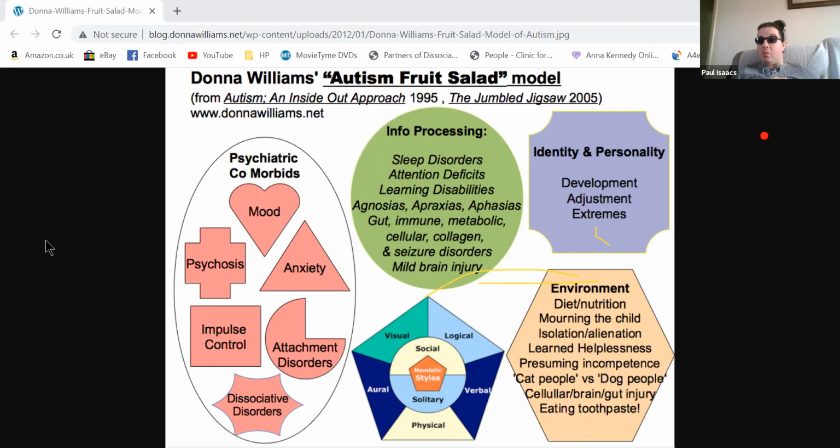Cellular and collagen disorders. I mentioned Ehlers-Danlos syndrome. So if someone has cellular and collagen disorders, that could go as far as having gene deletions and other things like that. My father has a gene deletion. He had leukemia. He's on the autism spectrum. And the gene deletion he had is called P53. And P53, if you imagine a protein sticking to cells, he doesn't have that. So he doesn't have that protection. It's called the guardian angel gene of cancer, right?